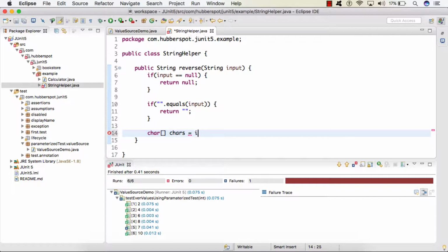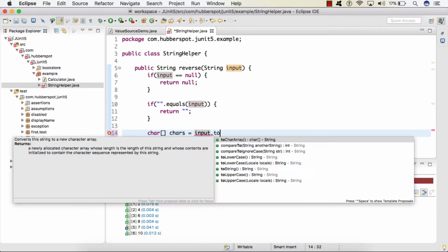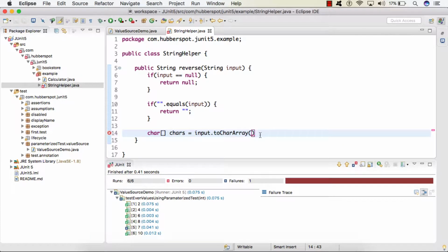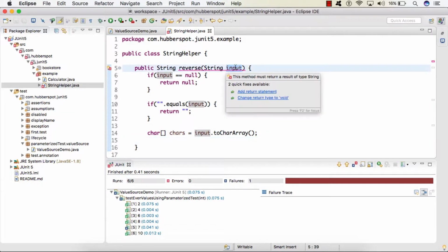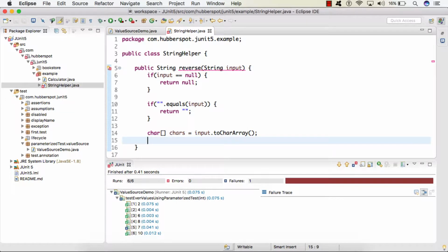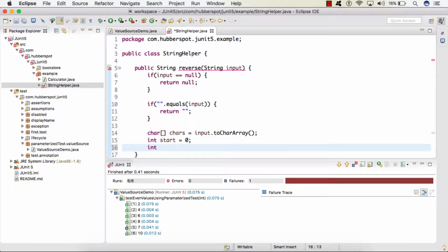by calling the input.toCharArray method. So friends, as we want to reverse this input string, we are converting it into a character array. Then we'll simply reverse this string character by character. Therefore we are storing this string in the form of characters. So here now we'll create two variables. Let's say start, we'll give a value of 0. We'll create an integer variable and we'll give it a value as